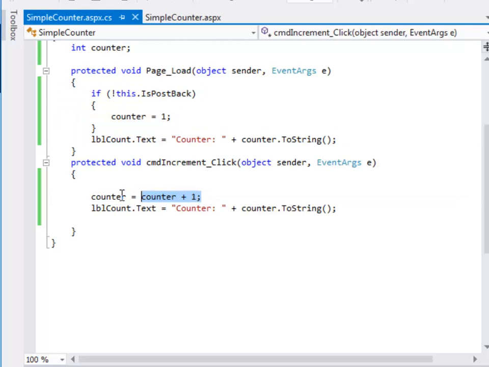But again, when we click on the button, we have a counter variable that we declare above, and we add 1 to it. And then I check if the first time the page is loaded, so if this is not a postback, then we're going to set the counter equal to 1. So the first time the page is loaded, we set the counter equal to 1, and we display that in the label. Then whenever we click the button, we add 1 to the counter and display that in the